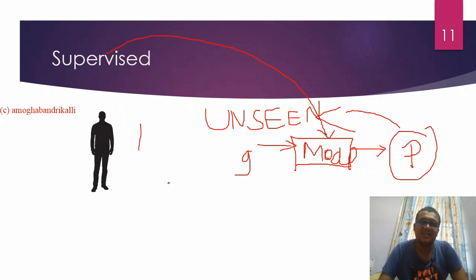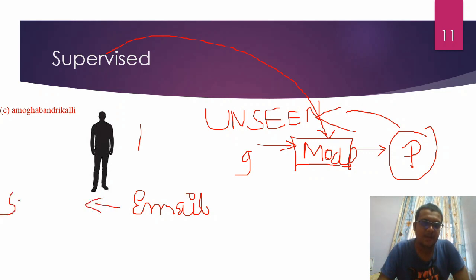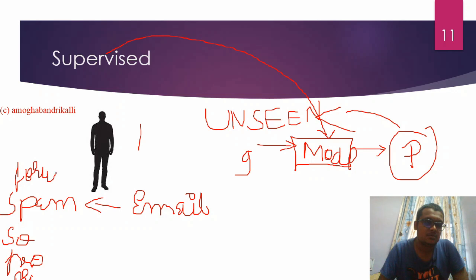So what is this unseen data? What does supervised actually mean? Consider email filtering. Whatever email you are getting will be filtered into spam. I am talking about the Gmail filter. It can be the social tab, the promotional tab, the primary tab, or forums. So the incoming email will be distributed into these many forms.